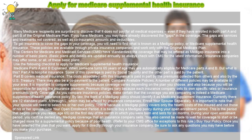To get insurance to cover the gaps in your coverage, you will need to find what is known as a Medigap policy, or Medicare supplemental health insurance. These policies are available through private insurance companies and work only with the original Medicare plan. The Centers for Medicare and Medicaid Services,